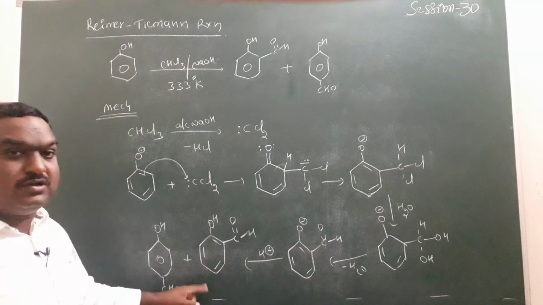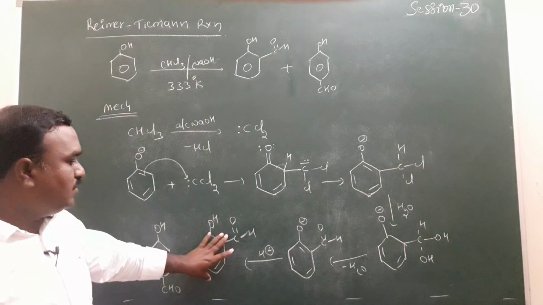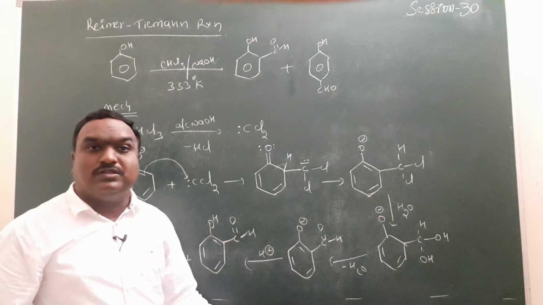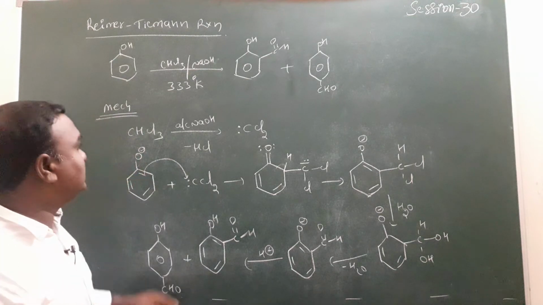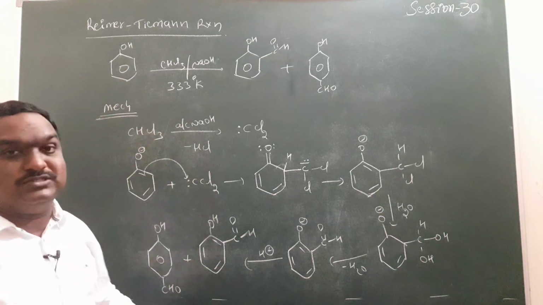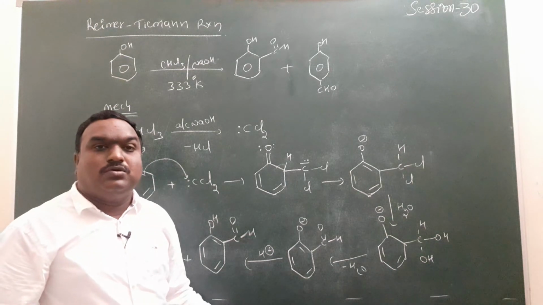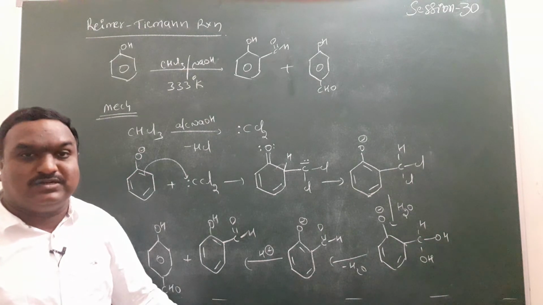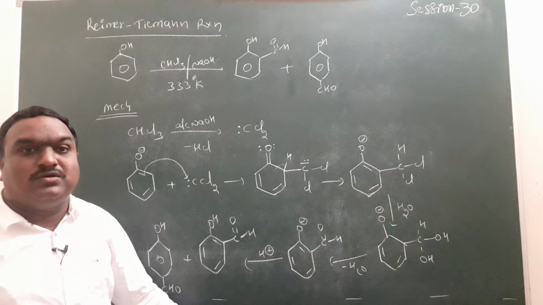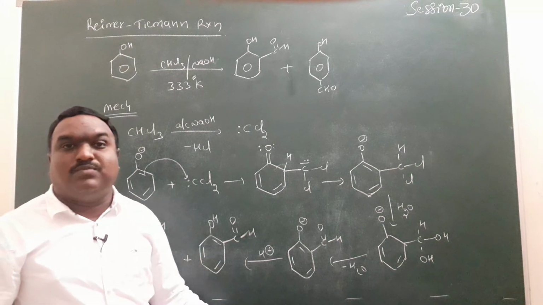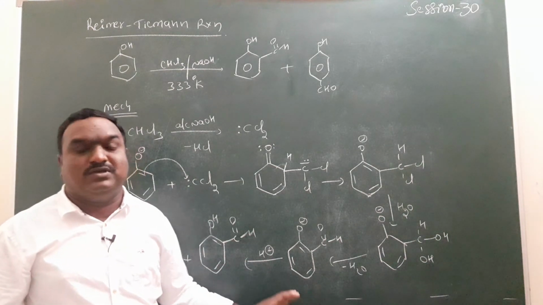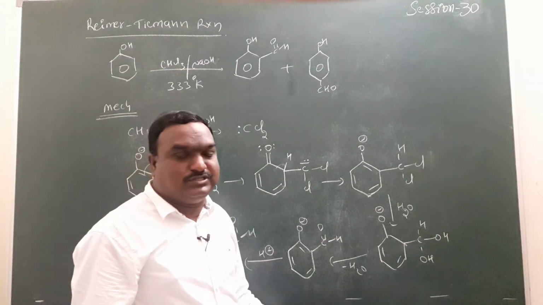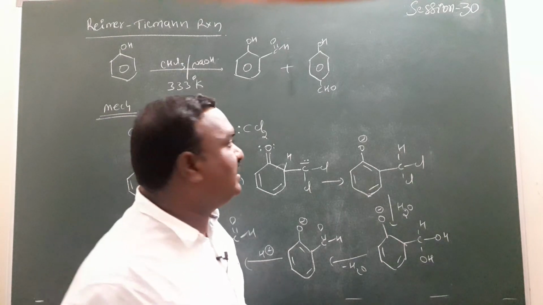Salicylaldehyde, this one's percentage is more when compared to the other one, you remember always. This is the way to write the products wherever the Reimer-Tiemann reaction is given. So, the phenol compound refluxing with chloroform and sodium hydroxide in the presence of temperature forms the products. Finally, the compound undergoes acid hydrolysis and forms the ortho compounds and para compounds. The ortho compound percentage is more, the para compound percentage is less here.